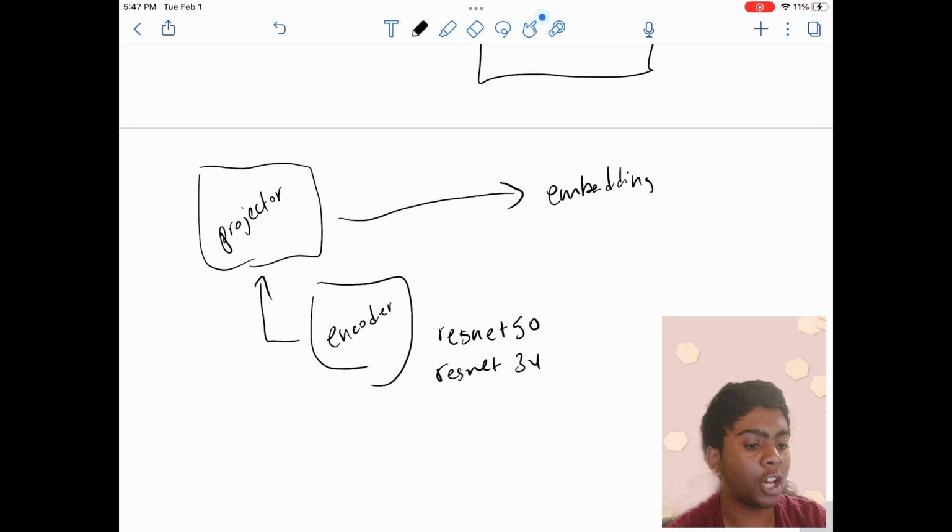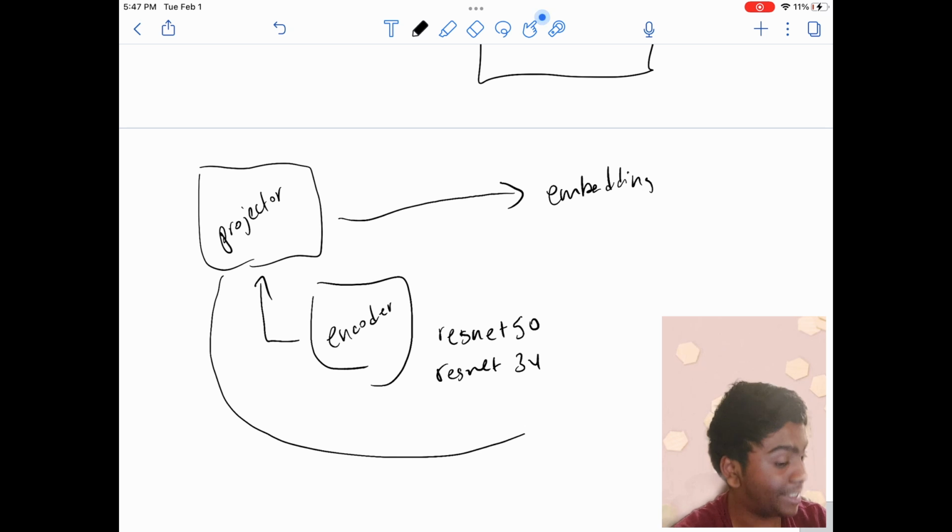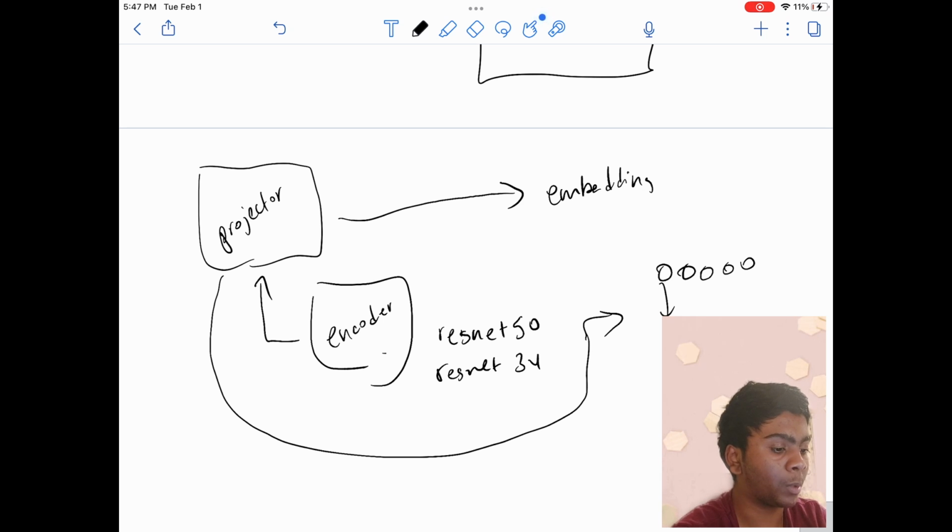And so now let's talk about what this projector is. This is important, because it generates the embeddings from these encoder outputs. And so it's actually pretty simple. What you do is you pass these outputs through a fully connected dense layer, and then you pass them through a batch normalization layer where the weights are normalized. You pass it to a ReLU activation function,